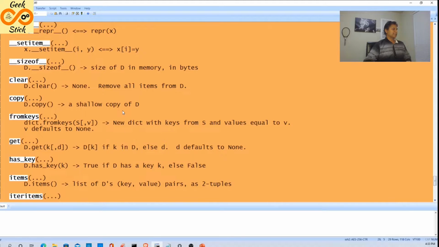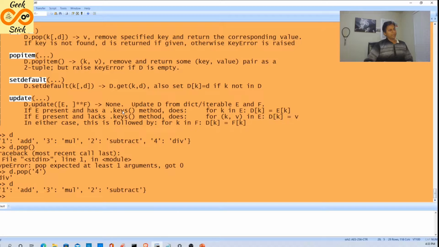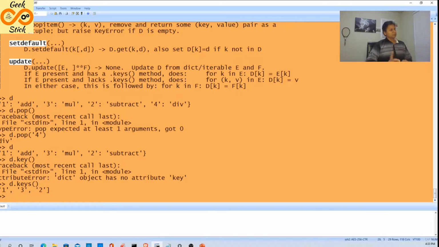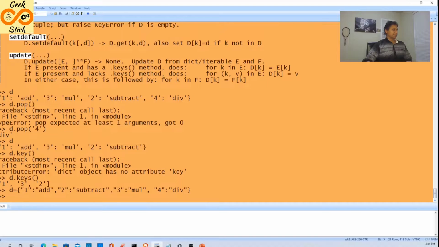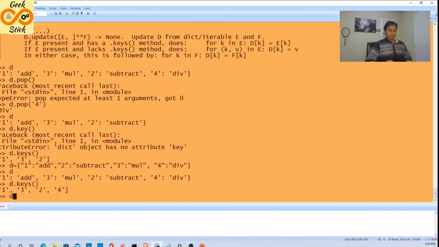So now next, whenever there is a pop, there is nothing called insert. Then we can do one thing. We need to redefine or something. Okay, D dot keys, I'm getting. Sorry, D dot keys. See what the values are? 1, 3, 2, everything is coming. Okay, then again I will add this value. Now D is redefined. D is like this. Keys are like this. Then D of 2.